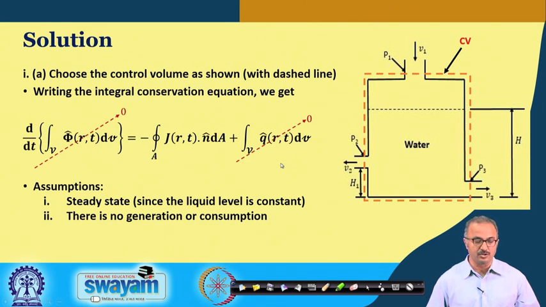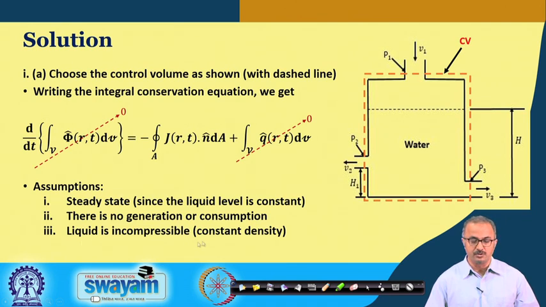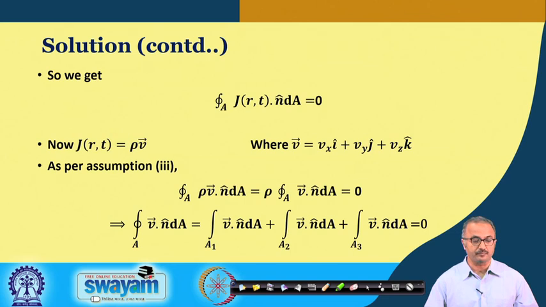So what we are left with is only the flux term, and here we are taking the liquid to be incompressible, so that the density of the liquid will be considered constant along the flow path and at the three ports. So we write this flux term here, and we recognize that the flux is the product of the density and the velocity, that is the mass flux. Suppose you take the density to be kg per meter cube and the velocity to be meter per second, then this term will have a unit of kg per meter square per second, that is, flux is the quantity per unit time per unit cross sectional area.